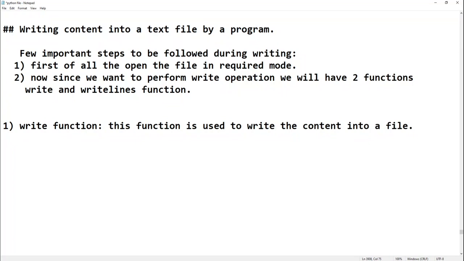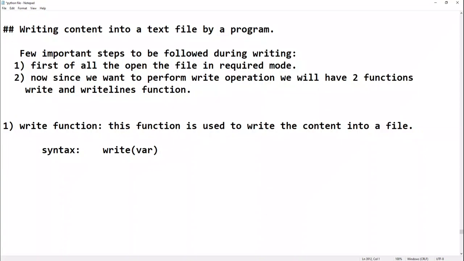Now, how can we write this? Syntax. It will accept one argument, you can write x data. It can be the name of any variable. Any variable which you have, you can store it by using this write function.